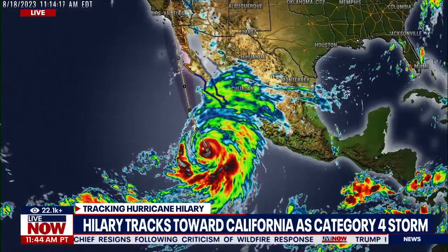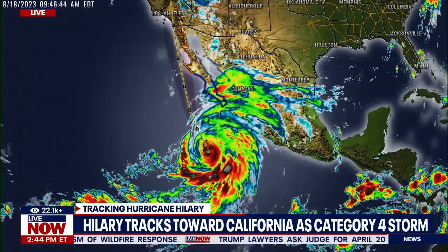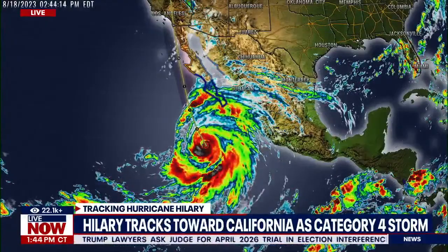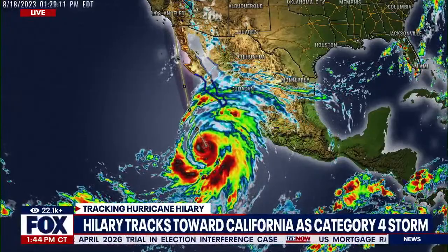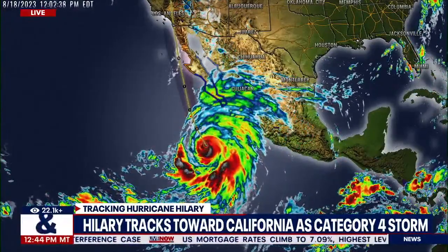We're going to provide extensive coverage over the coming days as we see the storm get closer and closer to the U.S. That right there is the cone of uncertainty, as we call it, that shows an estimate at this point of where that storm is expected to make landfall. It is now 2:44 on the East Coast, and